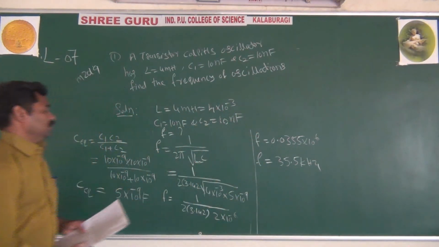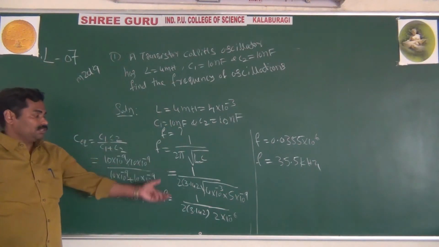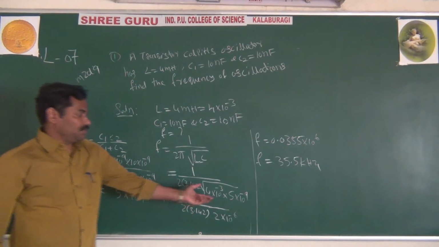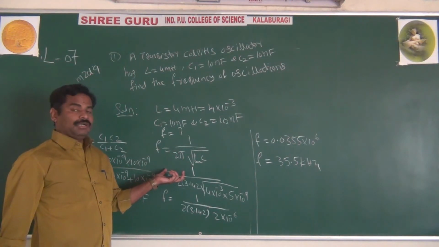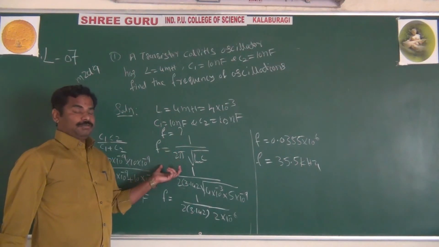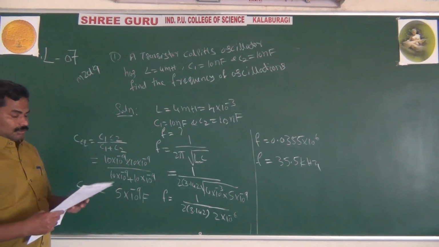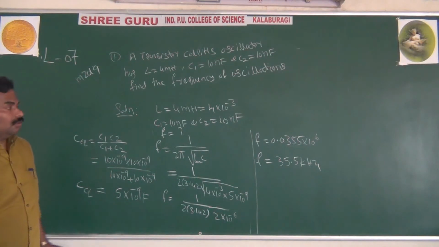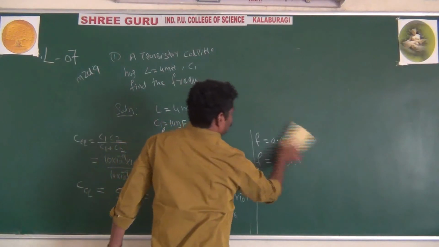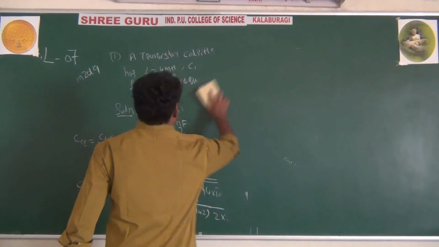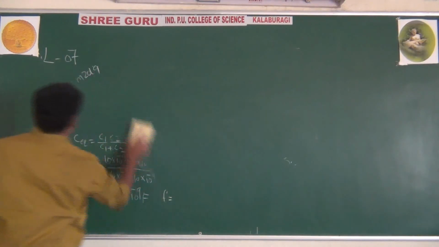Because already you have done that, it is also the same. Only you have changed the L and C symbols. Not complicated, very simple. Only you have to simplify this, and as you know, you are using a calculator, very simple to use the calculator to simplify it. And this is about the second problem. This problem was asked in 2019. Now look for another problem. They are very simple. I am not explaining in great detail about this. I am going for another problem.